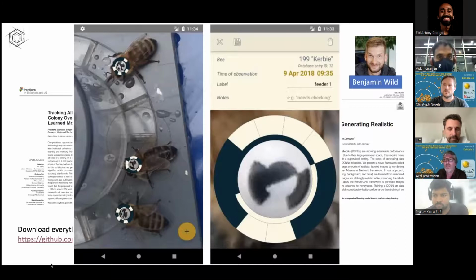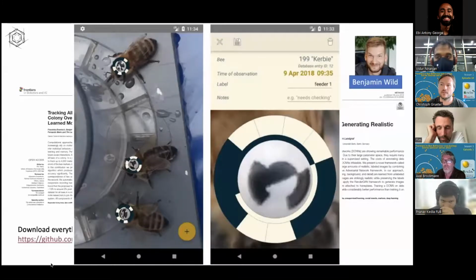So there was just one comment by Michael. He said up to 6,000 bees in the Constance observation hive. Then there was one other question. First, thank you very much for your wonderful talk. Is it possible for your method to re-identify the same waggling bee with the green rectangle on the video in the first several slides? I guess that refers to the one that you showed at the beginning.